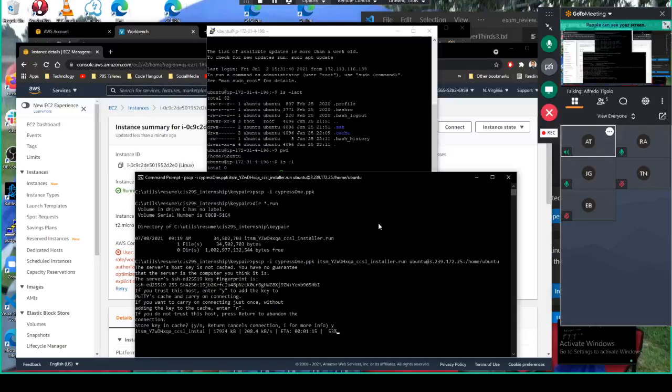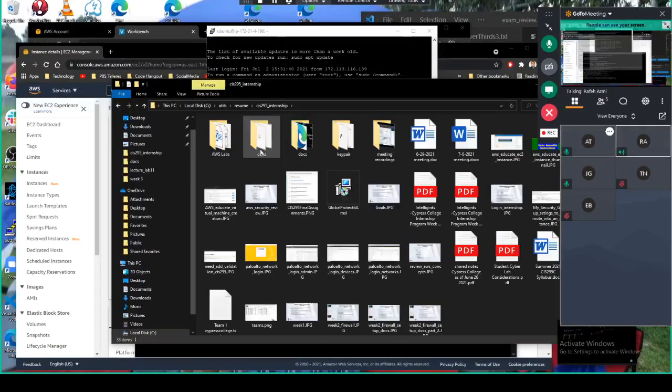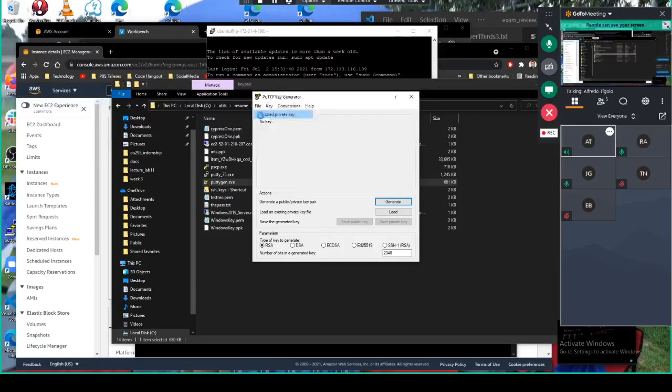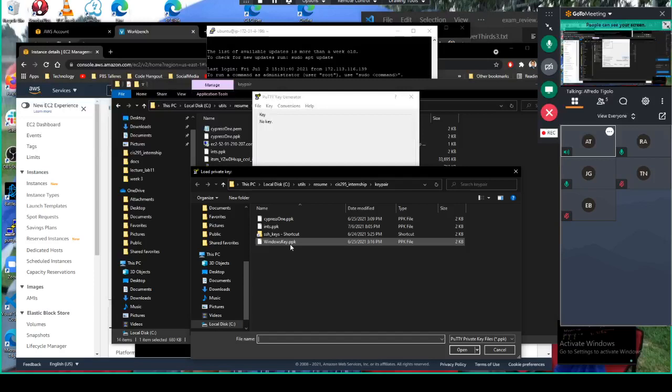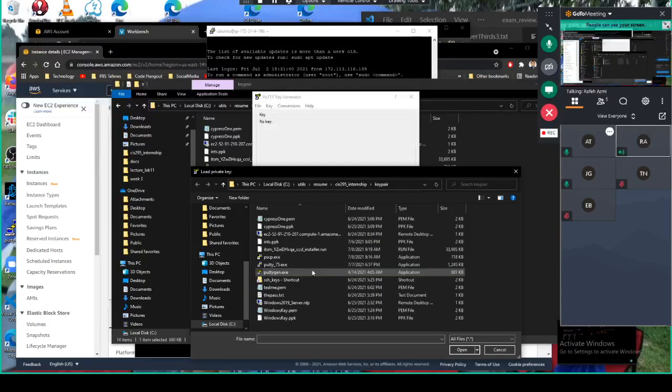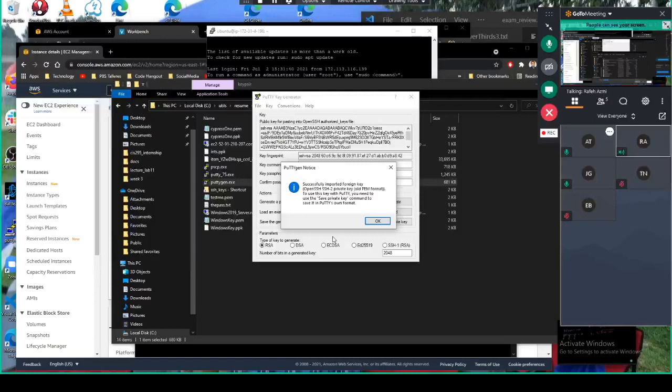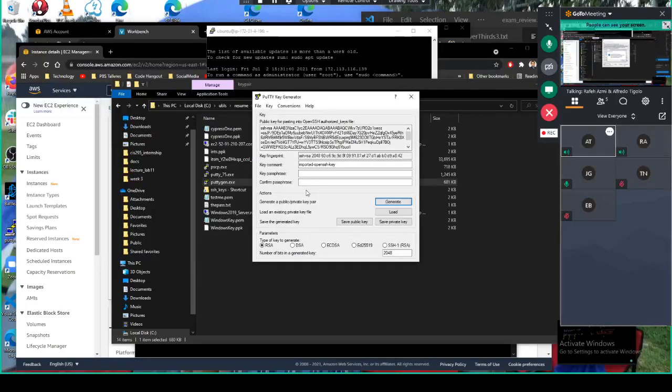So once this is done, maybe Alfredo, you can launch the PuTTY key generator while it's running. Okay. And what you do actually is just find your PEM file on the PuTTYgen. So I'm launching this. We look for the PEM file instead, if you have one. I'm using the one I created. Yeah, Cypress one. That's fine. Now this is saying it's fine. And then you just click generate,